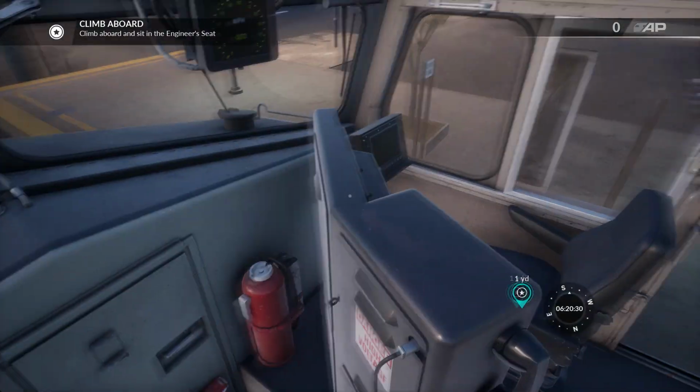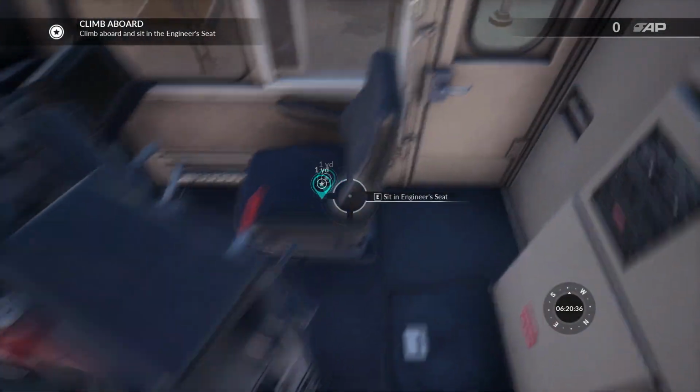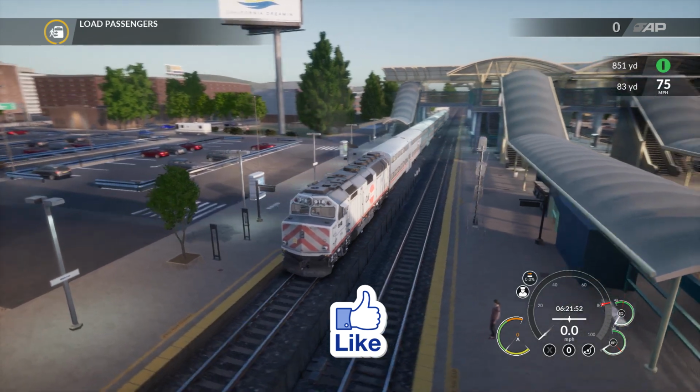Here we are, we're getting into the cab here, ladies and gentlemen. I suppose we want to close the door, might be a good effort. No? Do we do it? How do we do that? Bang. Alright. Into the chair. Alright. Let's load the passengers. While we're loading some passengers, you can just see some of the outdoor